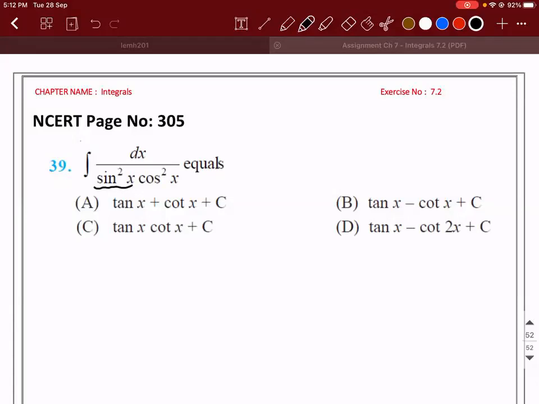And look at the options also, no? We divide by cos, sir. Sir, I think as the answers are in tan and cot, they should be integrated with secant and cosec, right? If they have to be integrated with secant and cosecant, then how do you get it? We divide by sine square x and cos square x, sir. I just multiply them. Actually, I got the answer by differentiating the options. That is one way of checking. But how do we approach it in a natural process?